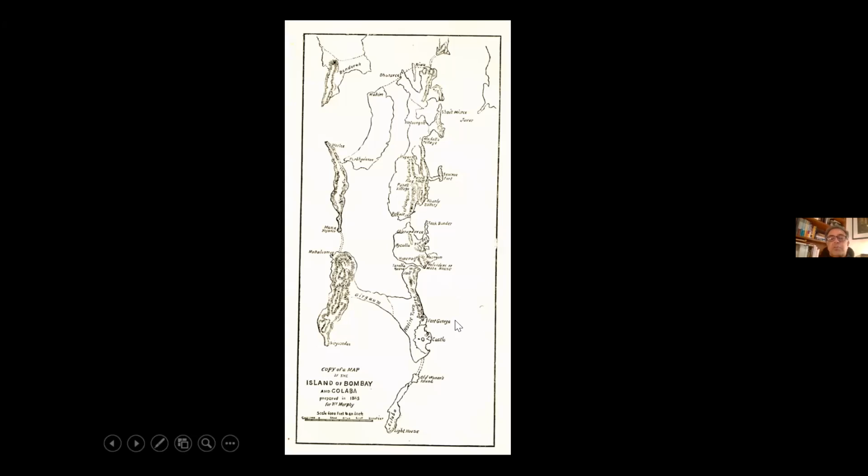That's a map to show you the famous seven islands of Bombay. What Bombay was originally referred to was just this little section here, which was Bombay Castle. And this was referred to as the Bombay Island. This was Colaba, this was Old Woman's Island, a derivative of Al Omani, and there were gaps between all of these. These were rocky